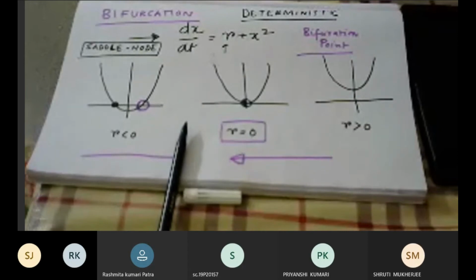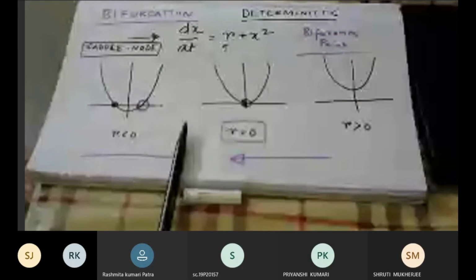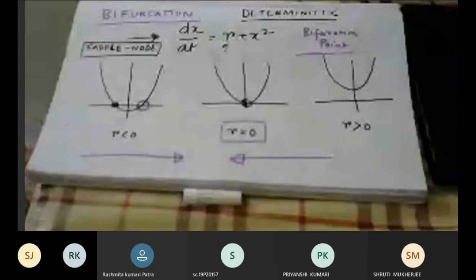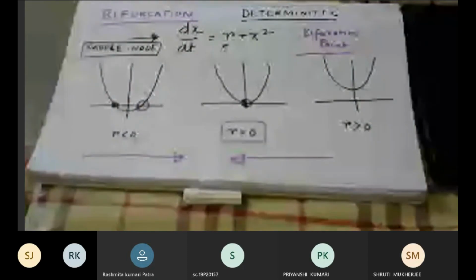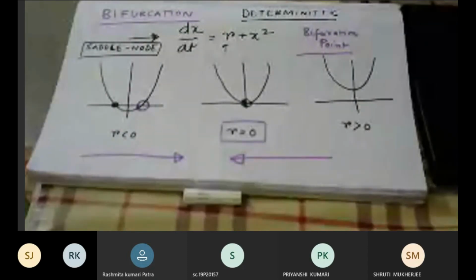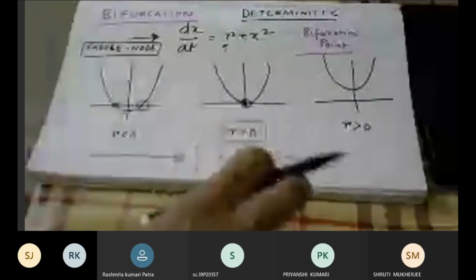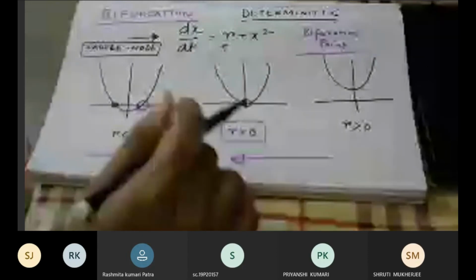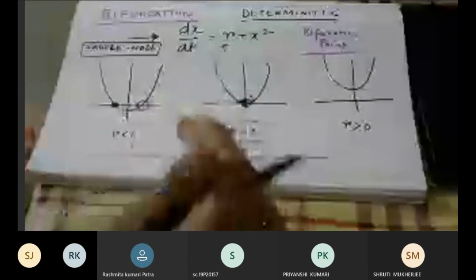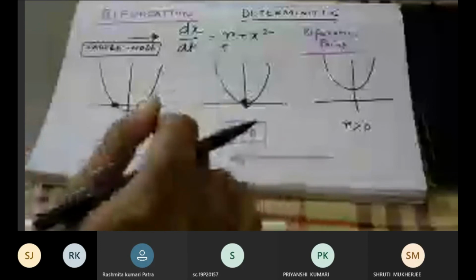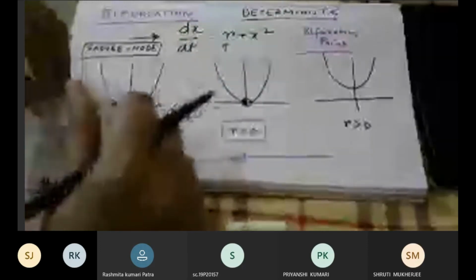Okay. So at this point, I will give you one more example of the bifurcation that we are studying right now, that is saddle node, and I will try to strengthen the idea of saddle node bifurcation. The example that I want you to consider now might be a little bit critical, and you have to use your head a little bit to solve this. The equation is getting a little bit tougher, and we will see whether there is any bifurcation present in this system or not.